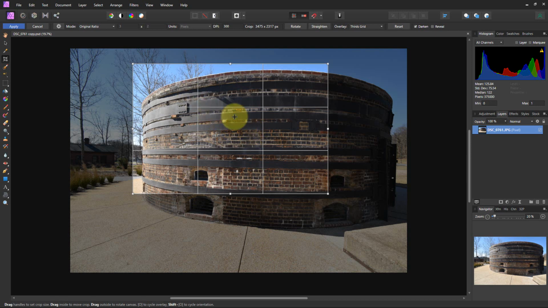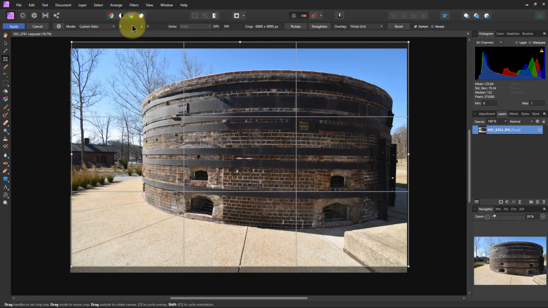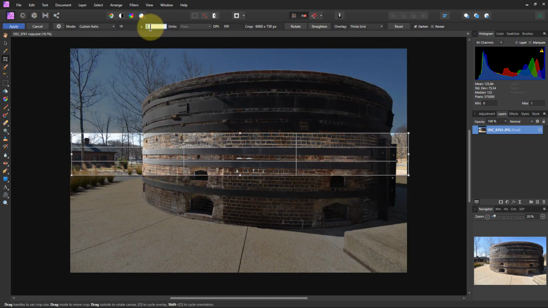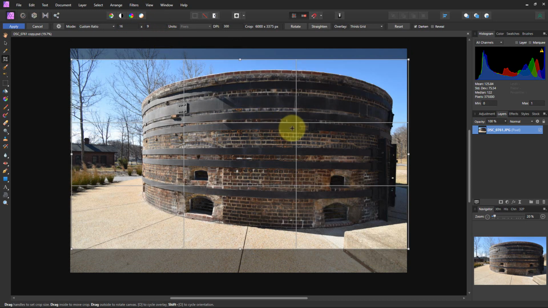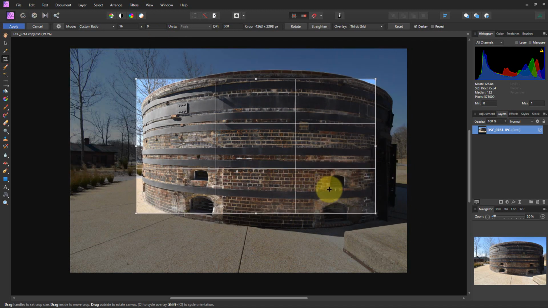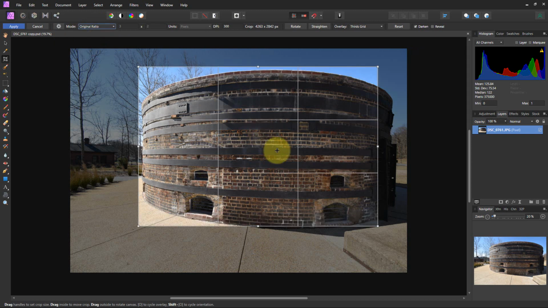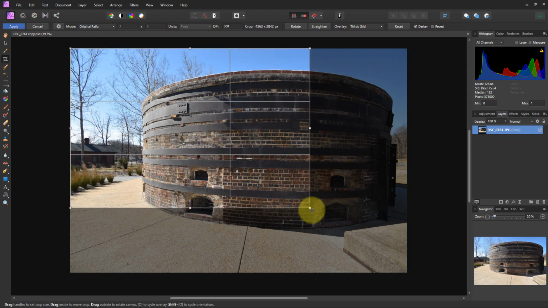The other thing is sometimes we want to convert the format to something else. For instance, we can go up here. Instead of original ratio, we can go to custom, and then we can set the ratio. So if we want a 16:9, which is the standard format of a video frame, for example, we can set it to that, and then we can frame it however we want using that aspect ratio. But what we're going to do is move it back to the original aspect ratio size,